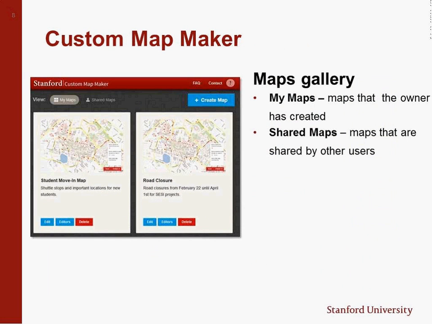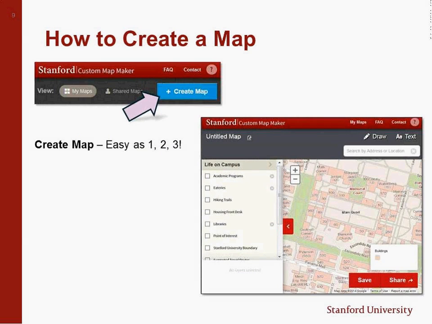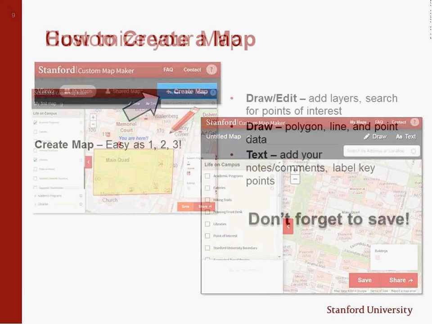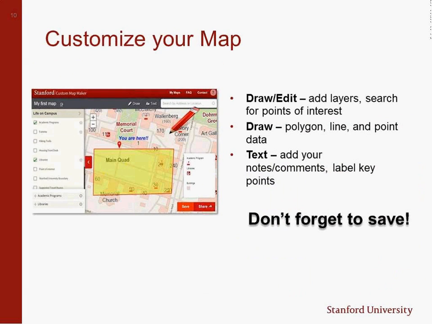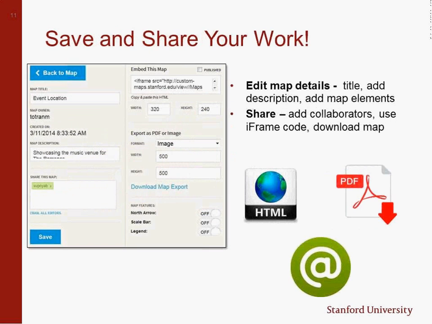So this is a sneak peek into the application. We have a maps gallery for you, which will show you the maps that you have created as a user, and also a shared gallery where it shows all the maps shared with the user by other collaborators. We'll show you a map, and on the map you draw your own areas or make lines, put in labels, make funny faces, save it,